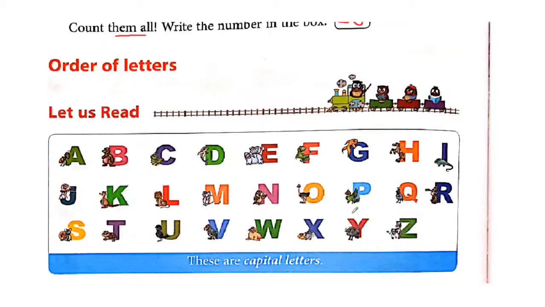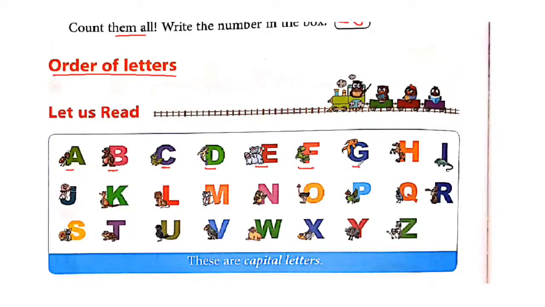Now students, our next topic is order of letters. I hope you have understood the letters. Now order of letters. Let us read. A, B, C. A for ant, B for bear, C for caterpillar, D for dolphin, E for elephant, F for